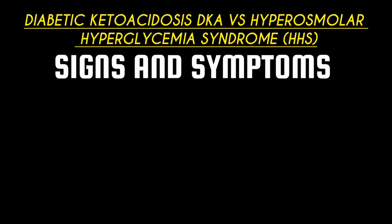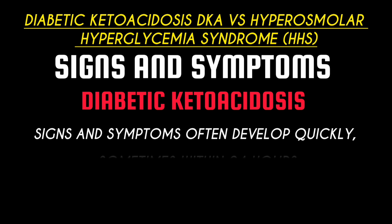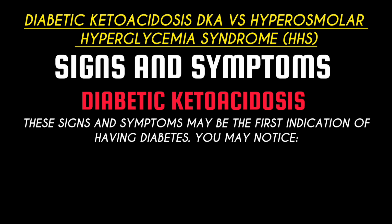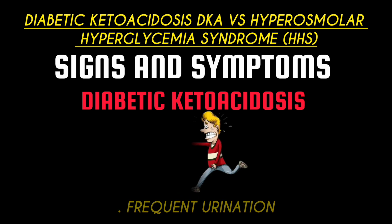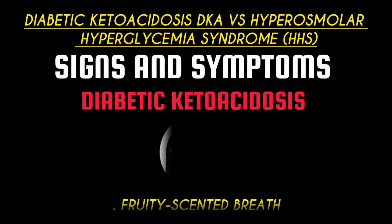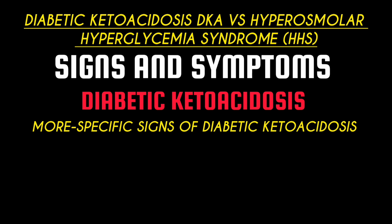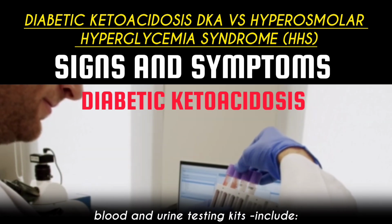Signs and symptoms. Diabetic ketoacidosis signs and symptoms often develop quickly, sometimes within 24 hours. These signs and symptoms may be the first indication of having diabetes. You may notice excessive thirst, frequent urination, nausea and vomiting, abdominal pain, weakness or fatigue, shortness of breath, fruity scented breath, confusion. More specific signs of diabetic ketoacidosis, which can be detected through home blood and urine testing kits, include